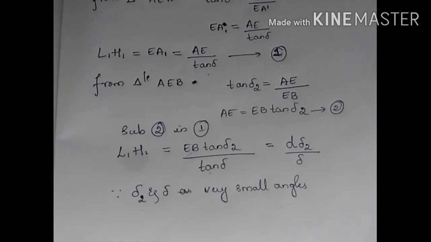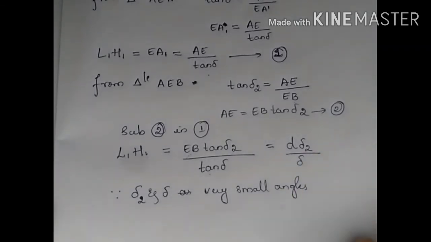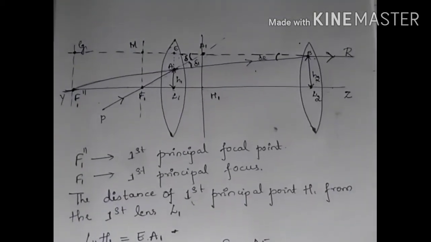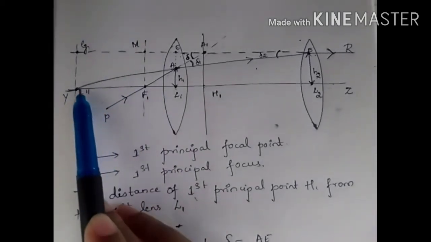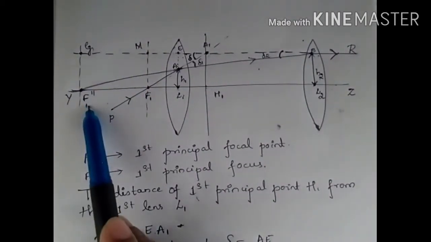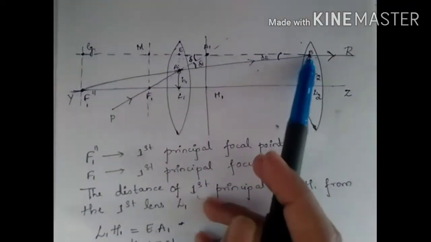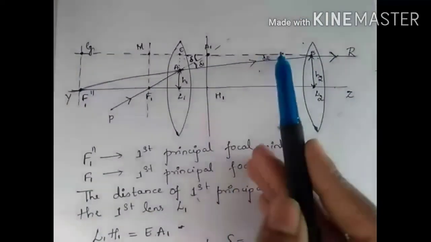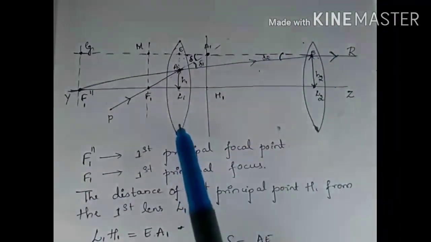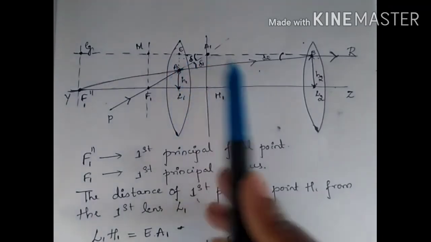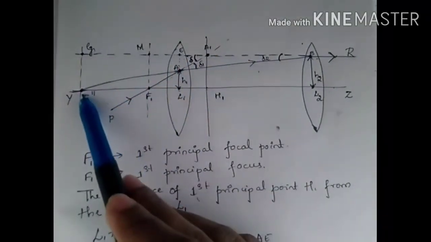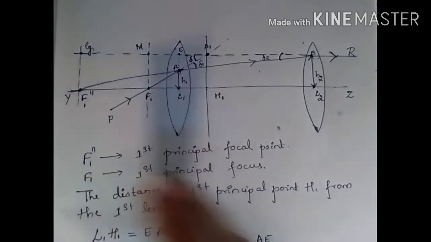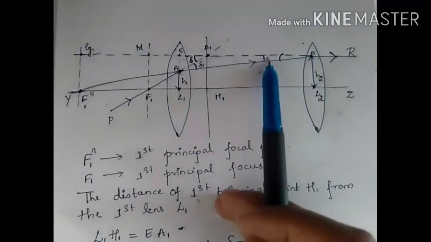So now let us reduce this form as well. Again you have delta 2 and delta here. From the diagram you can write what is delta 2 and delta. So now let us consider the triangle F1 double prime G and B. So you have this triangle here, and there is an angle delta 2 here. From this diagram you can write tan delta 2 is equal to F1 double prime G divided by GB. So that is for delta 2.